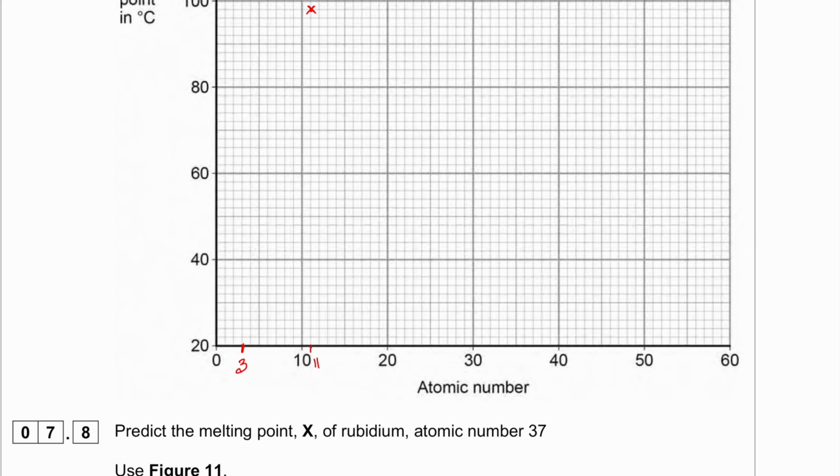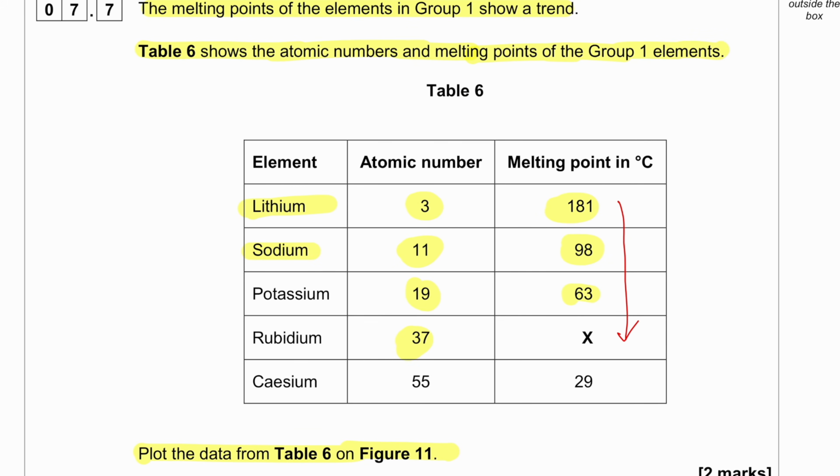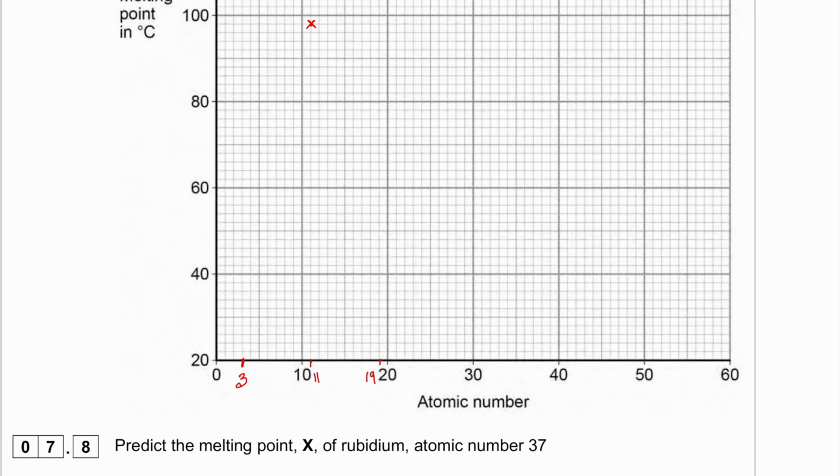So anyways, the next is 19 for potassium. Potassium is 19, so potassium will be here. Okay, potassium 19, temperature is 63. As we can see, as the proton number is increasing, the temperature is exponentially decreasing. All right, 19. Next,